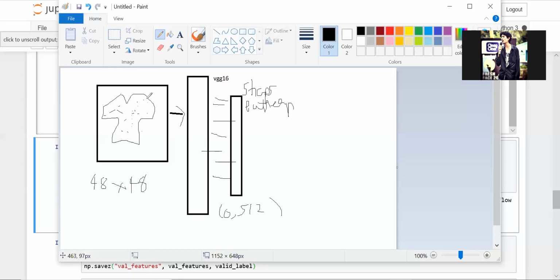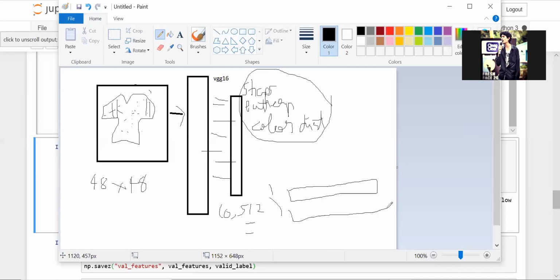Or if it is a multicolored one, for example like this, the color distribution. And many more features, up to 512 in this image. These are the features that we can identify as human beings, but a neural network can identify 100 times more features than we can. So these are all the features identified by the neural network, and we'll be using this set of features like this, right? For each image, each set of features is like this.